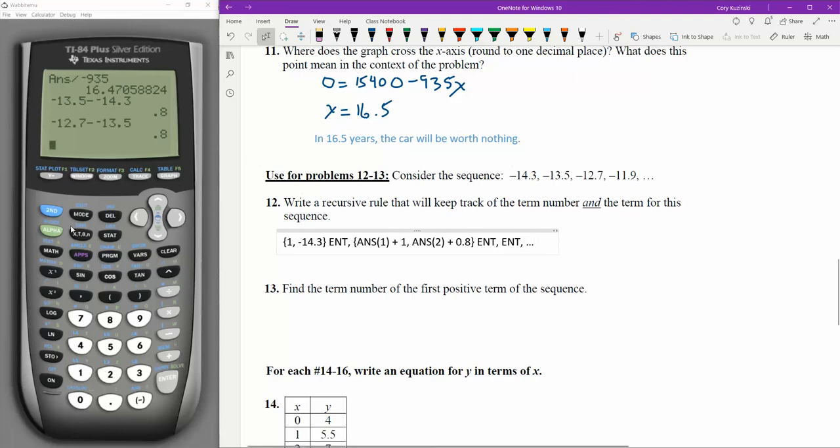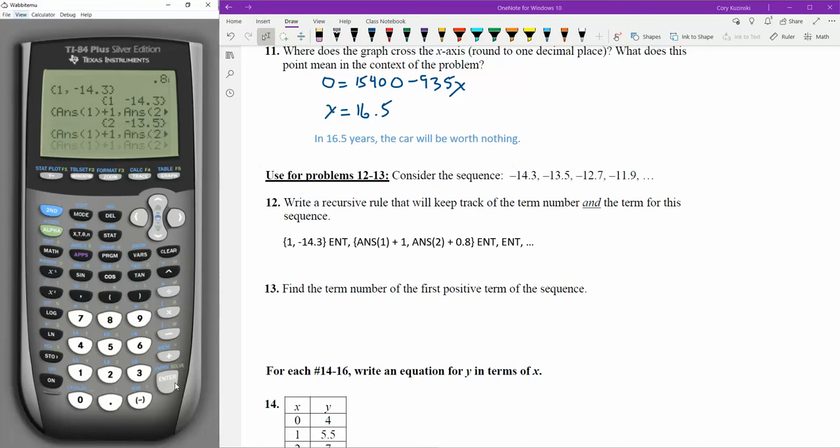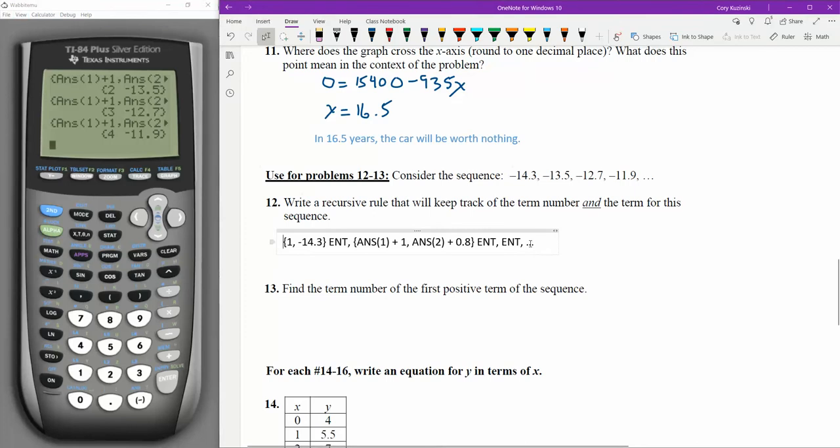Let's try that out, see if it works. So let's go 1, comma, negative 14.3. That's our starting place. And then we're going to take answer 1 and increase it by 1. That's our term number. And answer 2 increase it by 0.8. Second term, negative 13.5. Third term, negative 12.7. Fourth term, negative 11.9. All right, and this is going to be very useful to us because we need to,